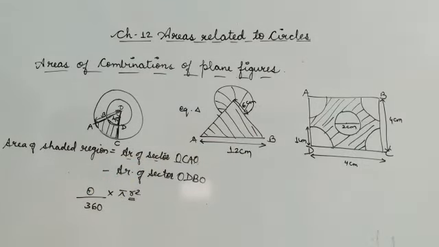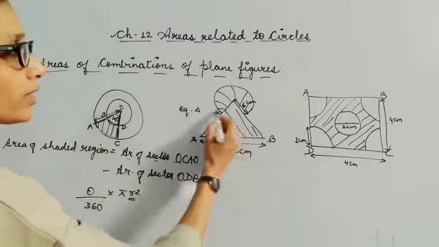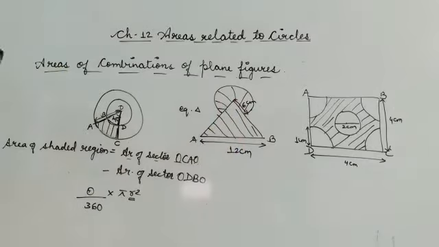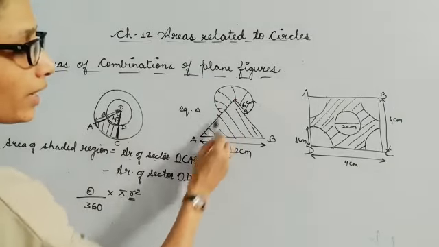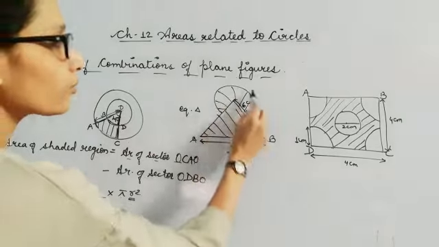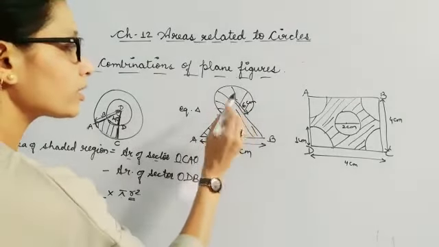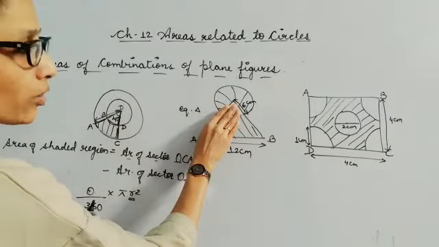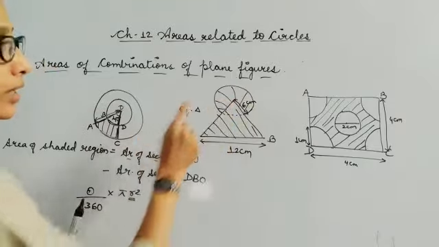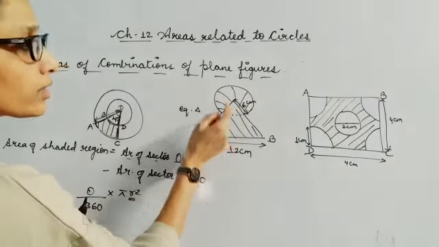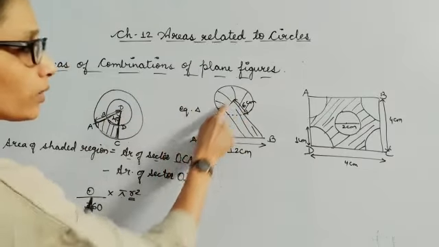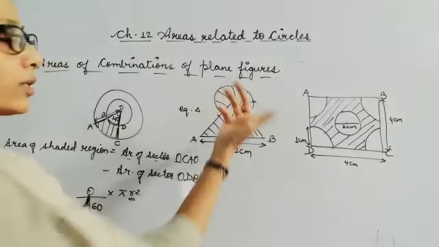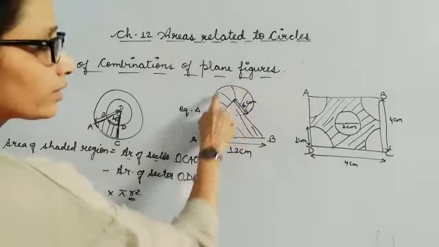Otherwise the formula will remain the same for these two. Now let's see this question children. This is a combination of a triangle and a circle. So I want to find out the area of the shaded region. So the area of the shaded region will be area of triangle plus area of circle. But this is not a complete circle, so first of all, I have to make a circle. Now, if you are adding area of triangle plus area of circle, then you see that this part is taken twice here. That means if you are including this area in the triangle, then you don't have to take it in the area of circle.